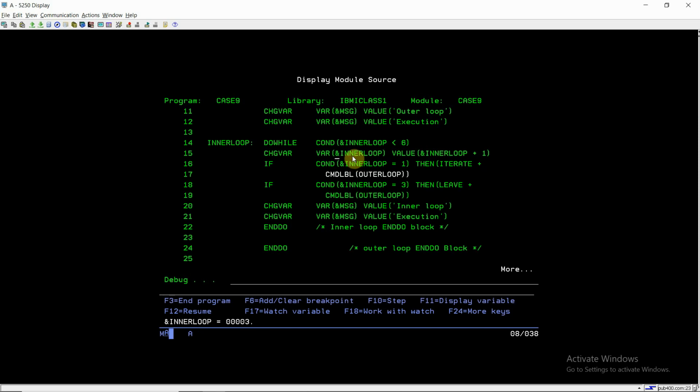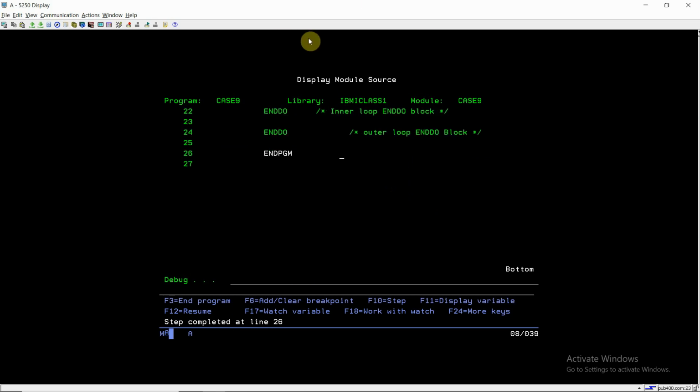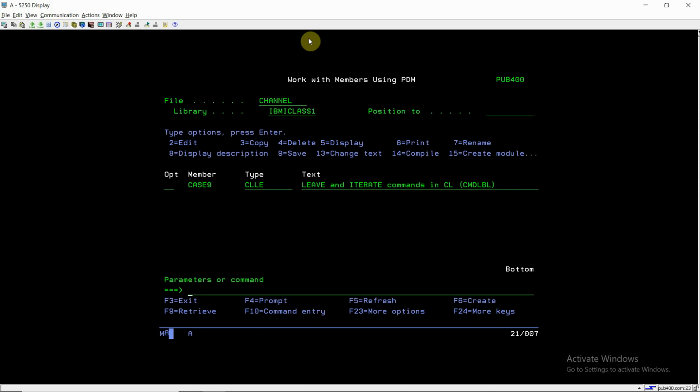It will increment the inner loop by 1, which will make it 3. So the first condition will fail, so it won't skip. But if the inner loop equals 3, it will leave the outer loop, not the inner loop. It will directly leave the outer loop, so we won't be able to execute anything after that, because nothing is after the outer loop processing. So we will be ending the program.